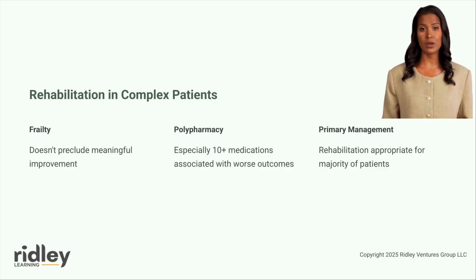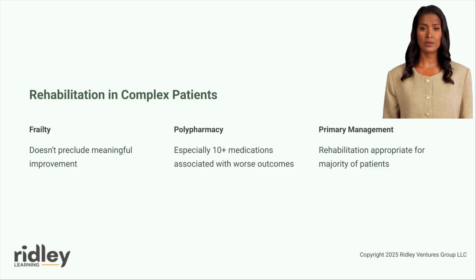Older patients with lumbar spinal stenosis frequently present with concurrent conditions, including cardiovascular disease, diabetes, and frailty that influence treatment selection and intensity. Recent research has demonstrated that frailty status, while associated with worse baseline function and radiographic parameters, does not preclude meaningful improvement with appropriate intervention, though it may moderate the magnitude of gains achieved. Similarly, polypharmacy, particularly hyperpolypharmacy involving 10 or more medications, has been associated with worse outcomes and should be considered in